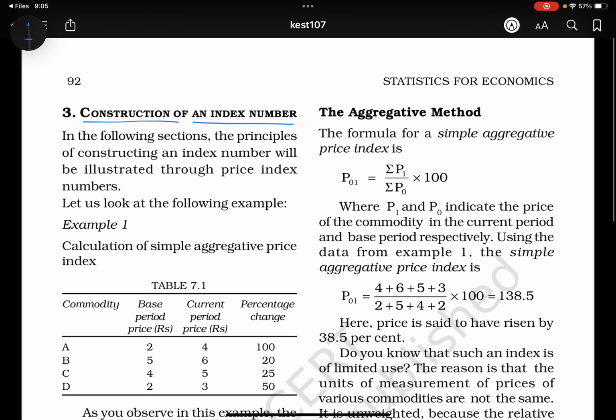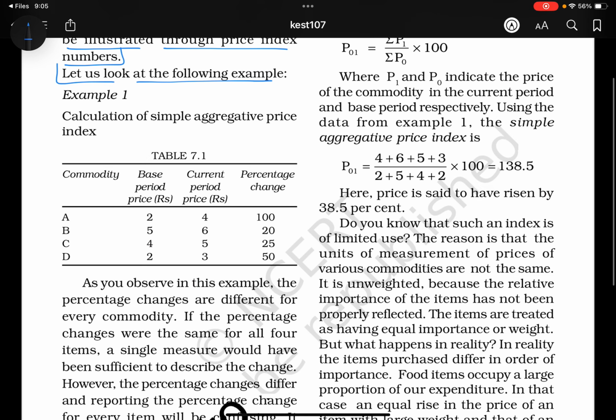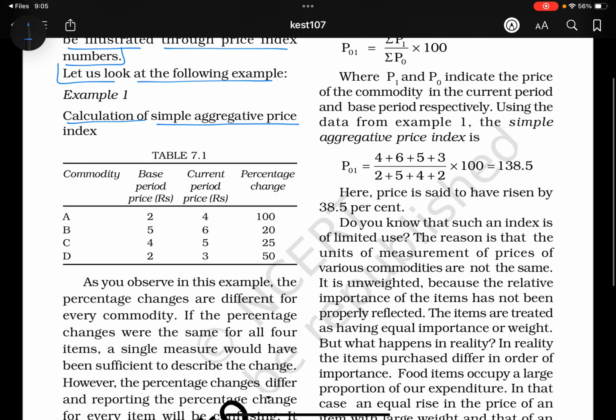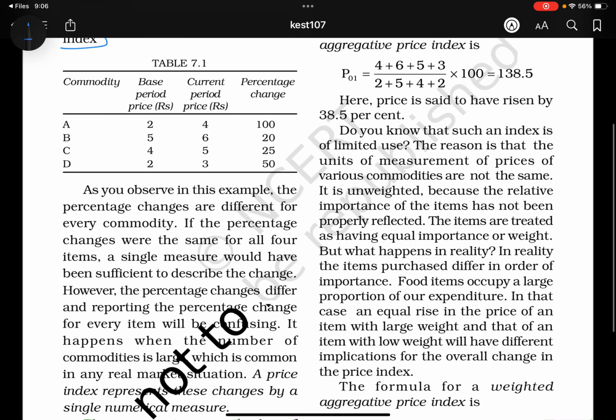Construction of an index number. In the following sections, the principles of constructing an index number will be illustrated through price index numbers. Let us look at the following example. Example 1, calculation of simple aggregative price index. टेबल नंबर 7.1, कमोडिटी A, B, C, D, चार कमोडिटी हैं। बेस पीरियड ऑफ प्राइस 2, 5, 4 और 2।